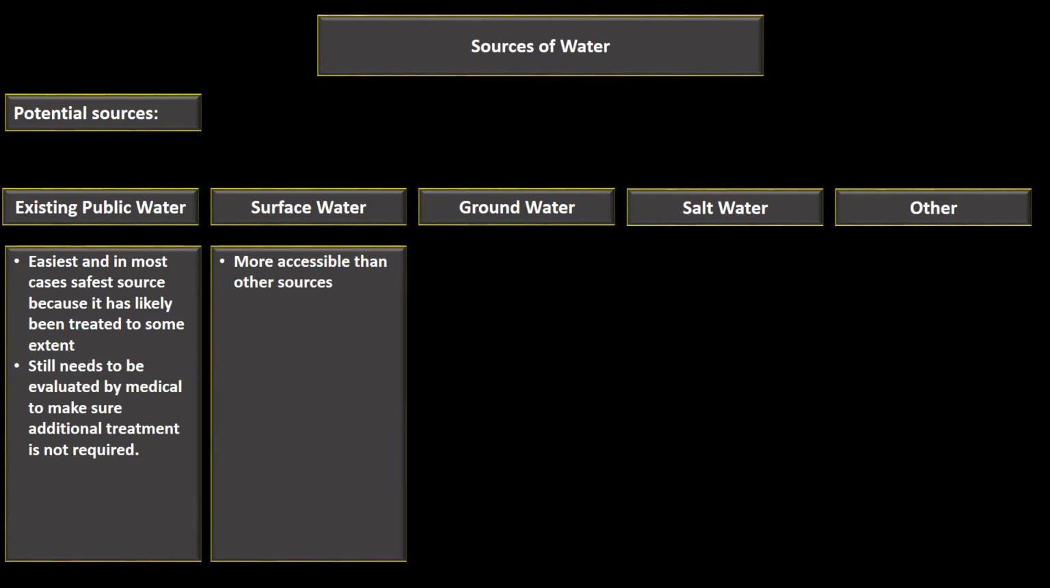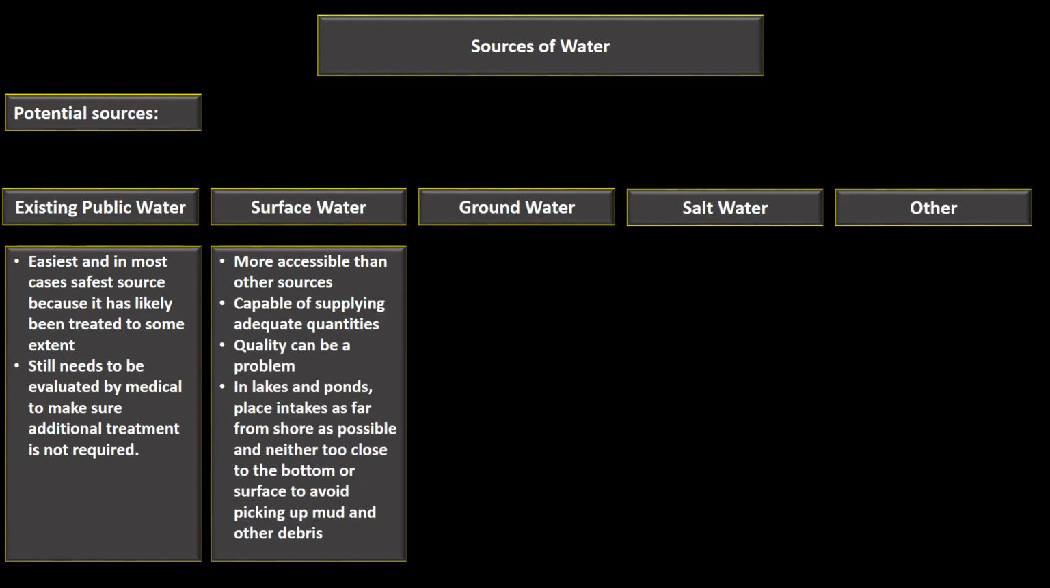Surface water can be more accessible than other sources. It's capable of supplying adequate quantities a lot of the time, especially if you're by a lake or a big pond or a river. The quality can be a problem. In lakes and ponds, when that's our raw water source, we've got to make sure the intake